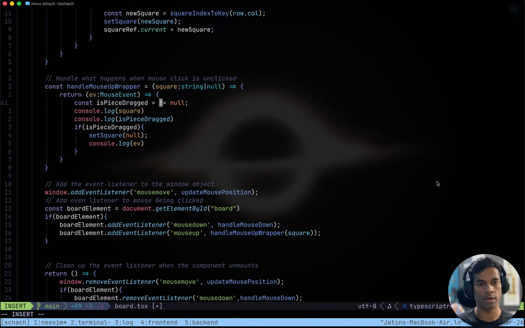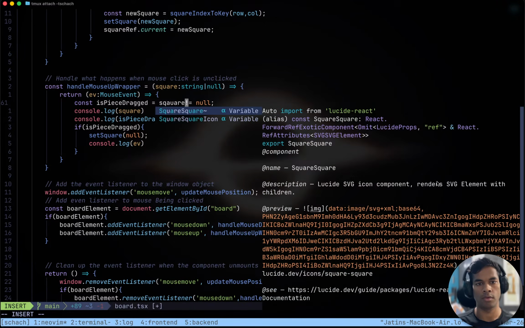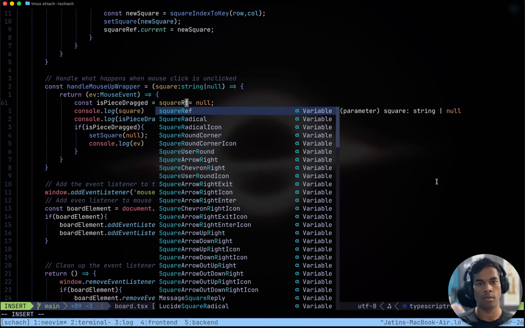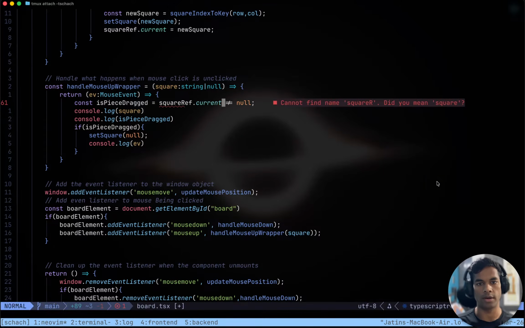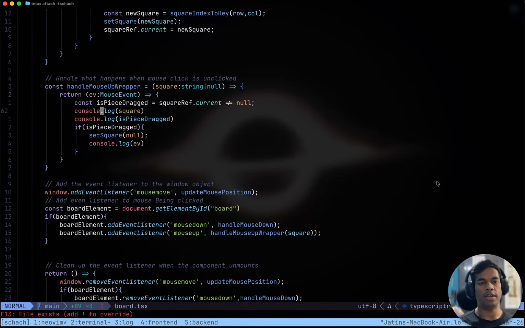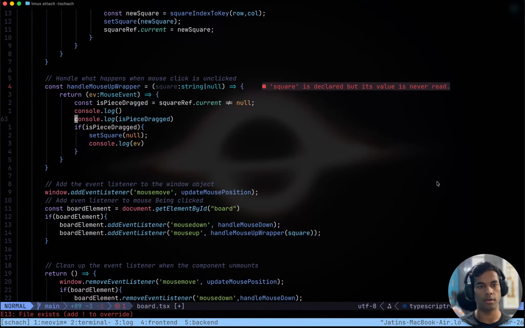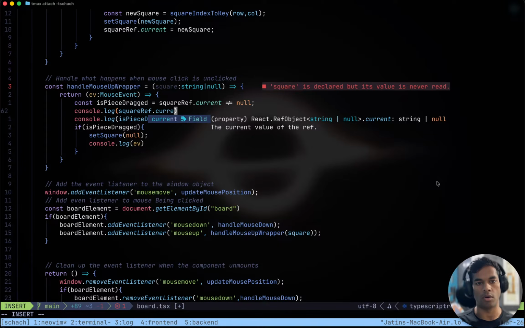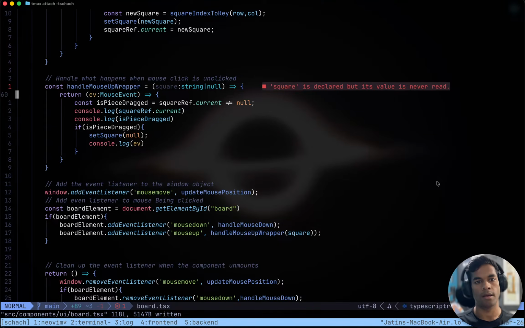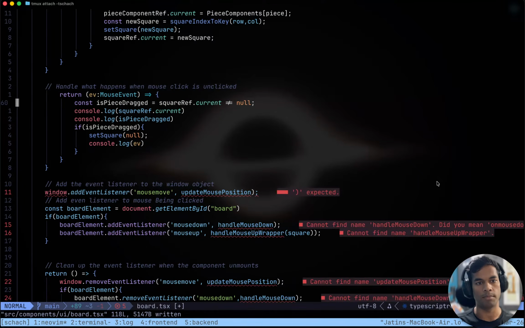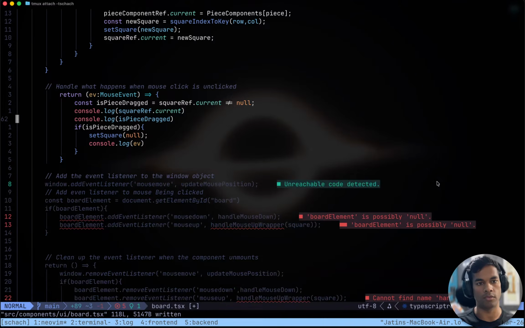Don't use a square here, we will use square ref dot current. Get the current one. Wait, that might actually be it. Square ref dot current. And yep, we don't even need this wrapper function.